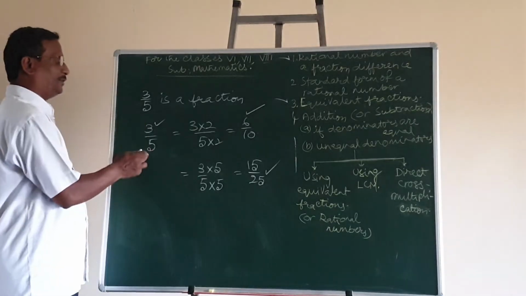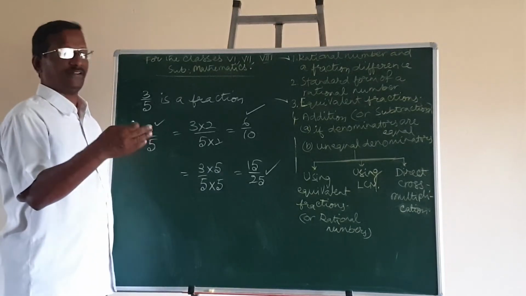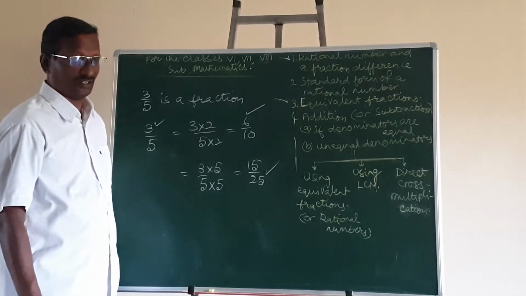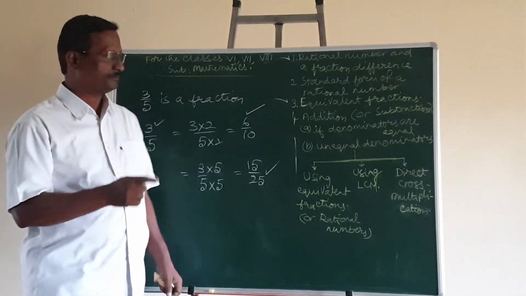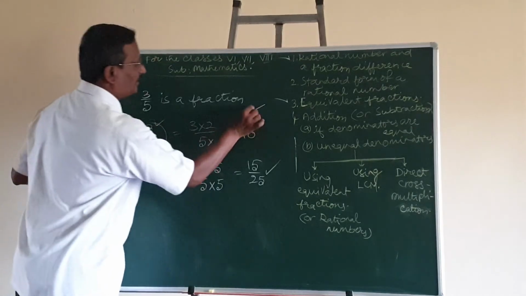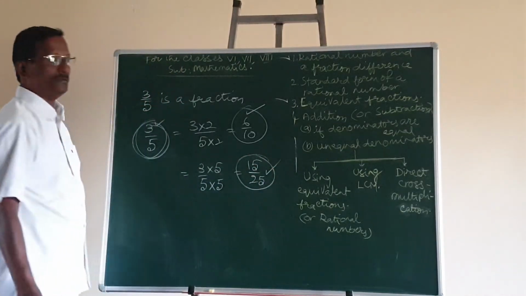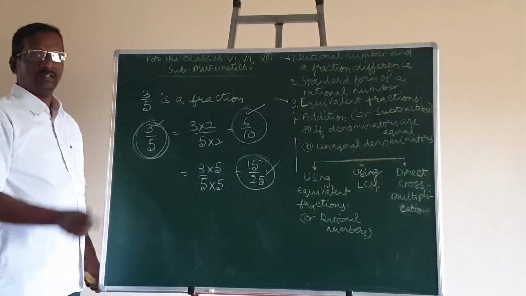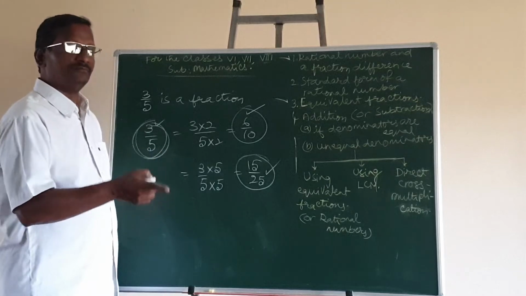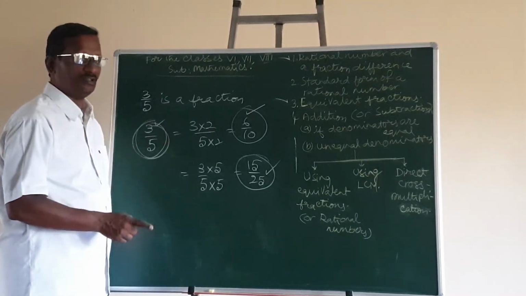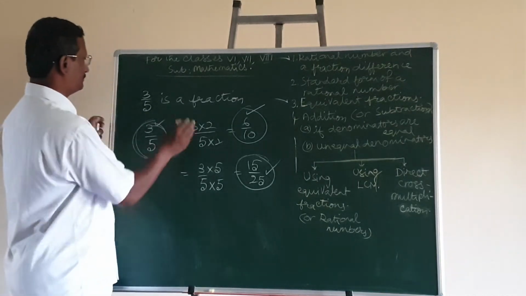Like that, if you multiply the numerator and denominator with different positive integers, we will get different equivalent fractions. All the equivalent fractions are equal to the given fraction. That means 3 by 5 and the equivalent fraction 6 by 10 are equal. 3 by 5 and the equivalent fraction 15 upon 25 are also equal. The given fraction and its equivalent fractions are all equal. As per the need, we sometimes write the equivalent fraction for some basic operations.